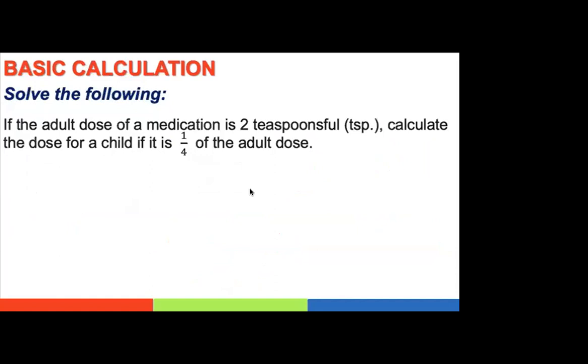Next tayo. If the adult dose, nasa basic pa lang tayo, wala pa tayo sa talagang Pharmcal na problems. Ginigising lang natin yung foundation niya. If adult dose of a medication is 2 teaspoonful, calculate the dose for a child if it is 1/4 of the adult dose. Okay, another tip or another